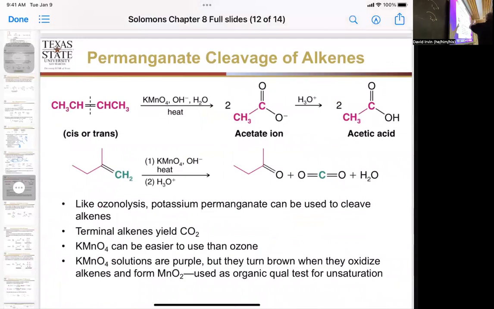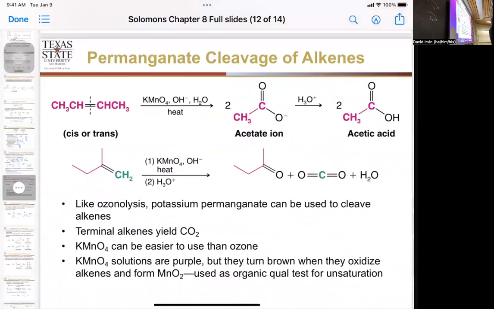Okay. Now, notice this is permanganate with heat. Permanganate with heat and water. What it's going to do is take you all the way down to ketones and carboxylic acid. You do not stop at the aldehyde because the aldehyde is oxidized by these same conditions. So permanganate with heat gives you that. But I said permanganate dilute cold will give you a diol. You'll add across there, giving you your